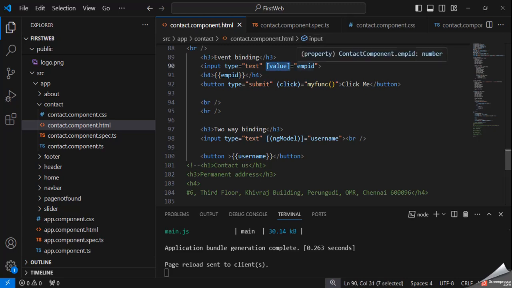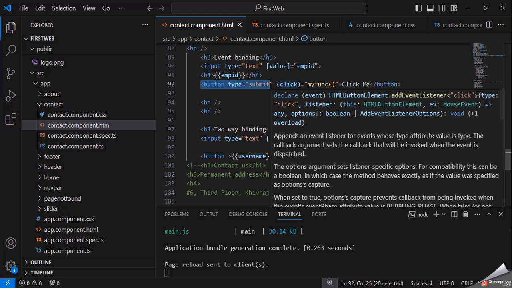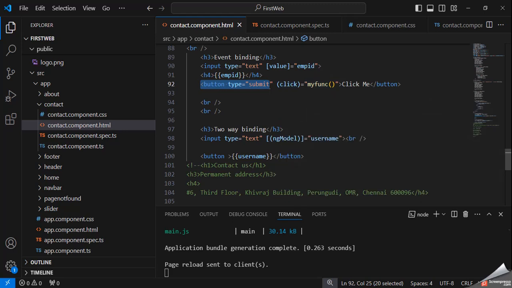You can specify any variable in the TS file and show it here. This is a way of property binding, and this is a way of interpolation. And here I am using a submit button, and on click my function will be called.